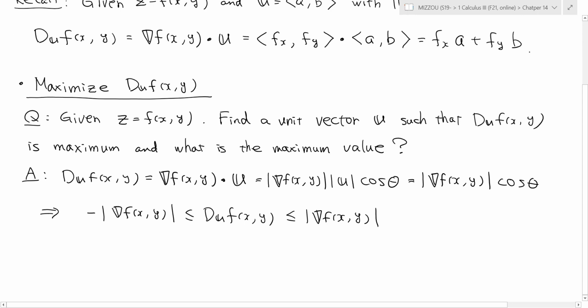Okay, so therefore, the maximum value of the directional derivative